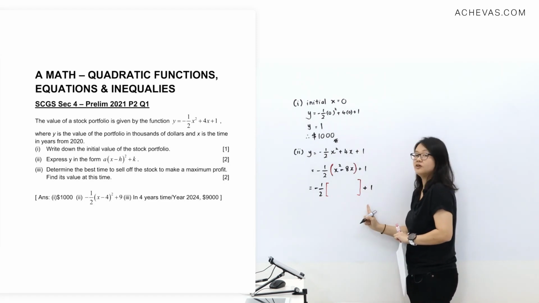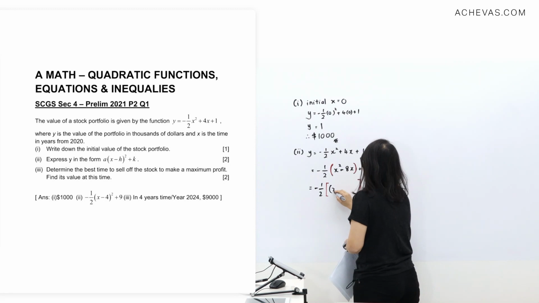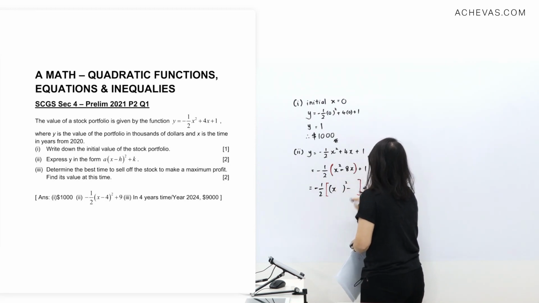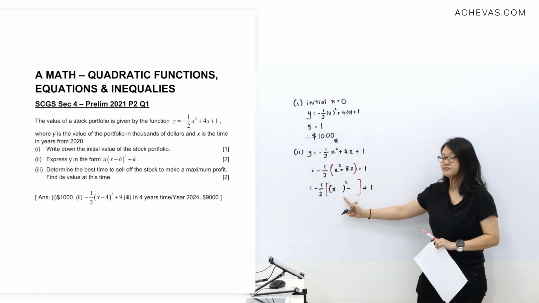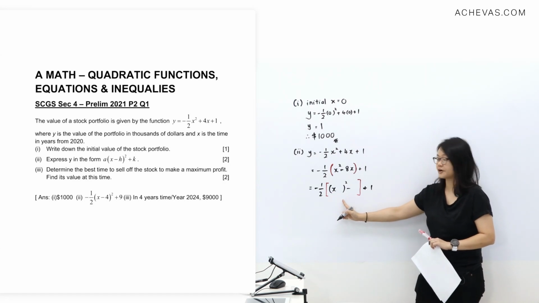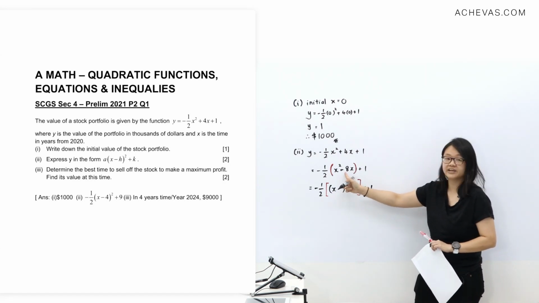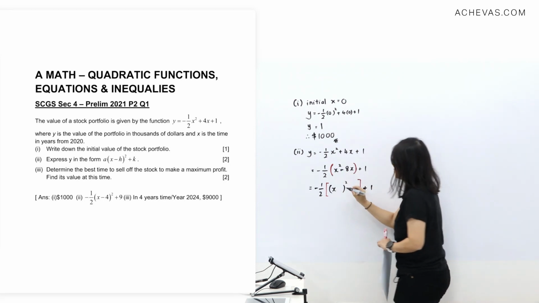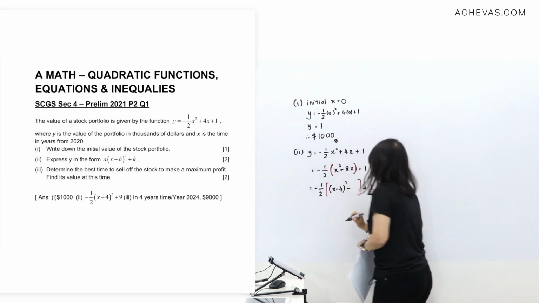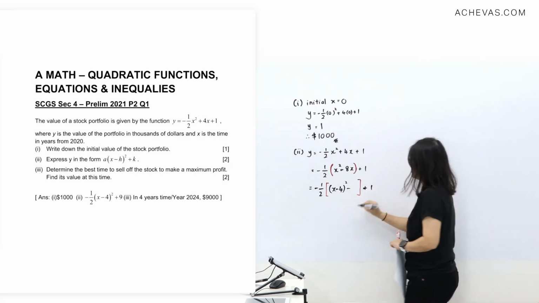Not involved, not involved in the process. I usually write this one first because it's always the same. So to get this value, it is negative 8 divided by 2. So we'll get a negative 4 here. Square 4,